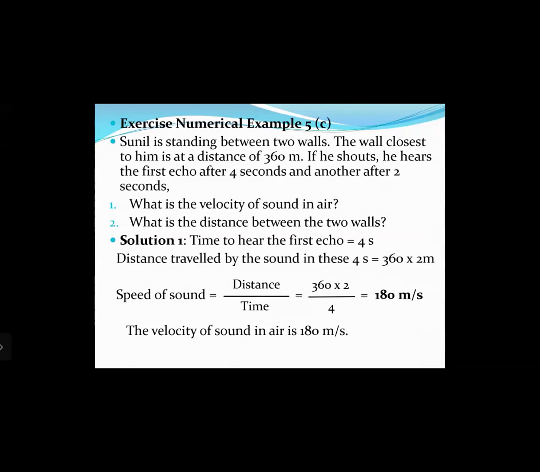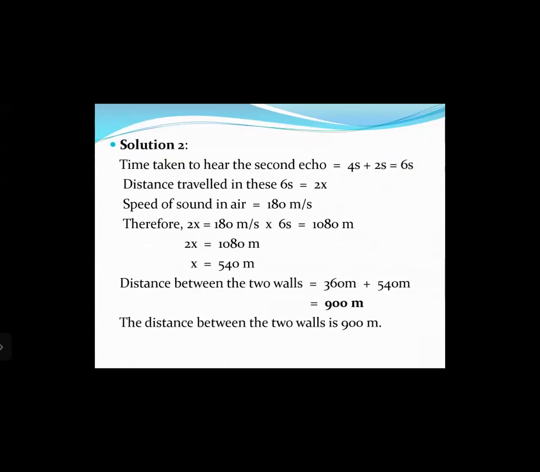The second question is, what is the distance between the two walls, right? Let us see. Time taken to hear the second echo is 2 seconds more, that is 4 plus 2 seconds, that is 6 seconds. Distance traveled in this 6 seconds will be again twice the distance, right? Because echo takes double the distance. So speed of sound we have previously calculated as 180 meters per second. Therefore,